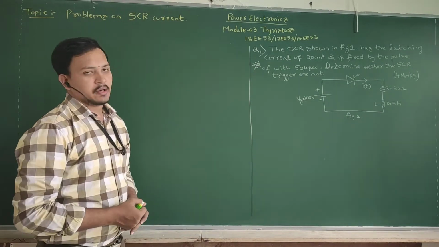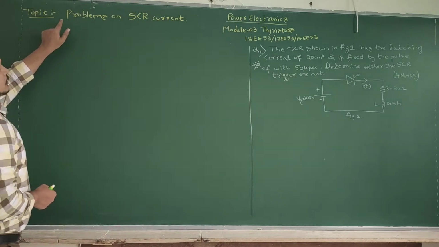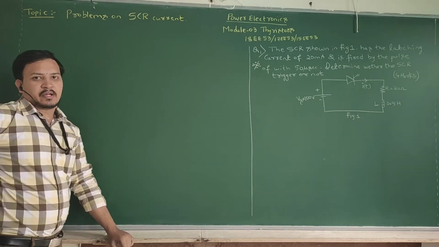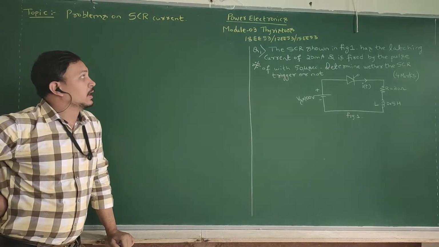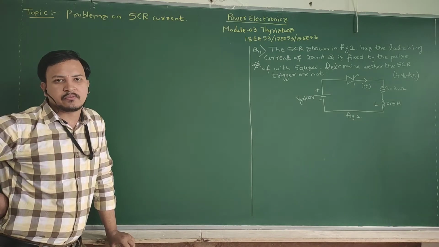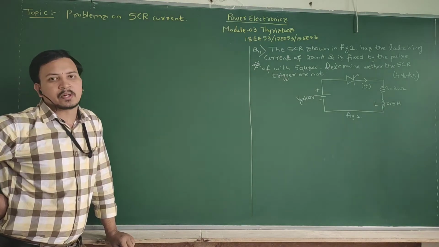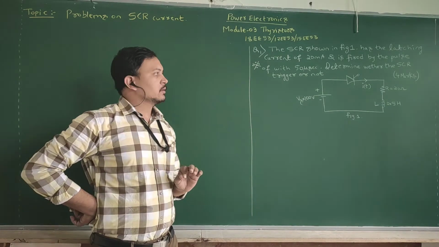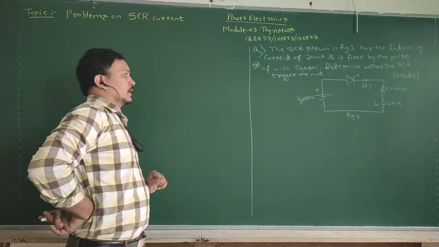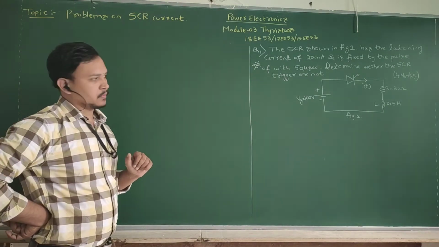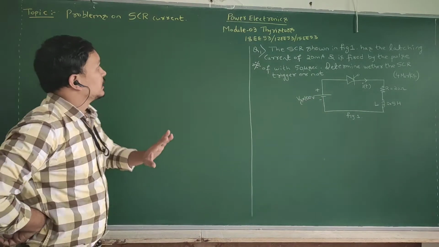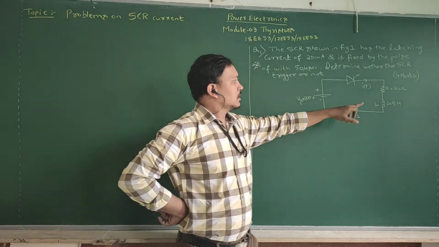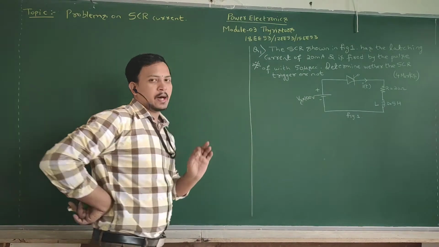In today's class we are discussing the topic, problems on SCR current, and these problems are very important for university exams, and the weightage will be less marks, 4 to 6 marks you can predict questions on this particular topic. So before solving the problems we need to derive one equation, that is, what is the current flowing through the SCR in a particular circuit. So in this topic, for all the problems, the circuit will be like this: thyristor and some RL load. Only RL load they will give.